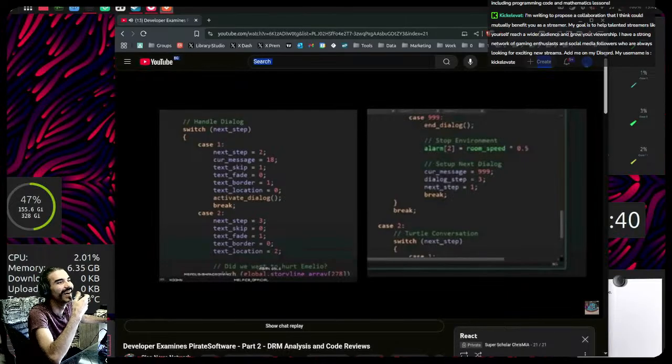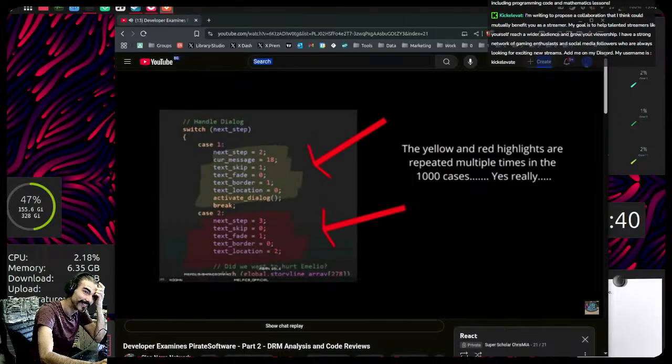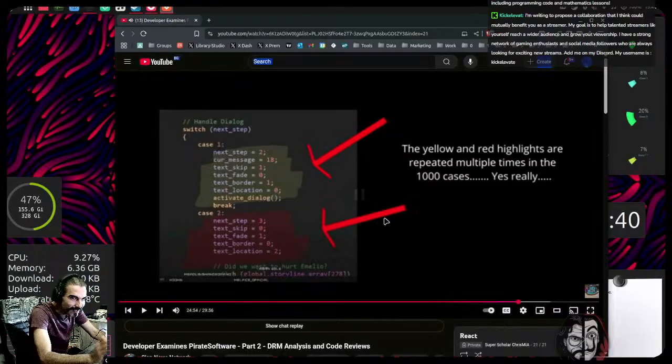Let's start with a simple improvement for the multiple cases that are the same code. Normally, when you have constantly repeating code, you write a function and call it. How do you not know to take a function that inputs different values? Next step is the same as the next case. Next step. Clear message, whatever that means.